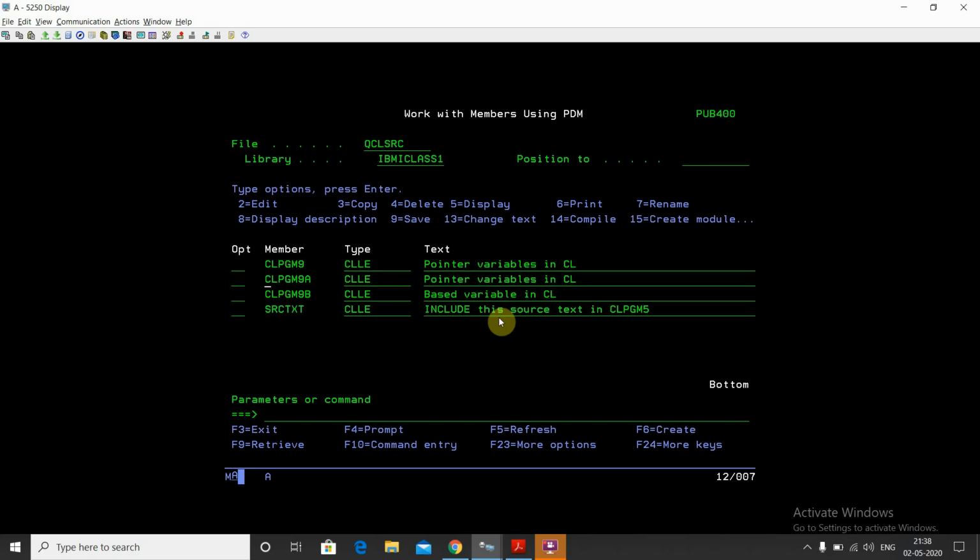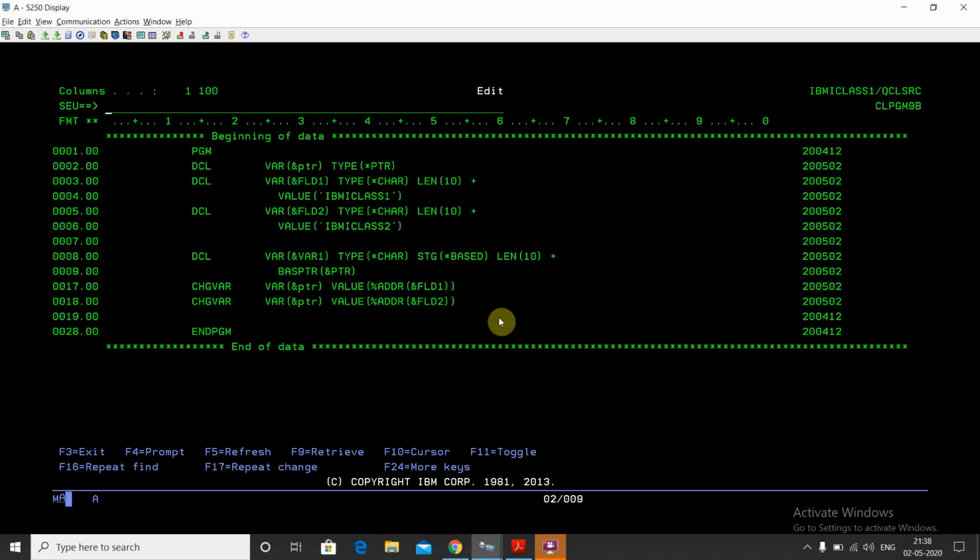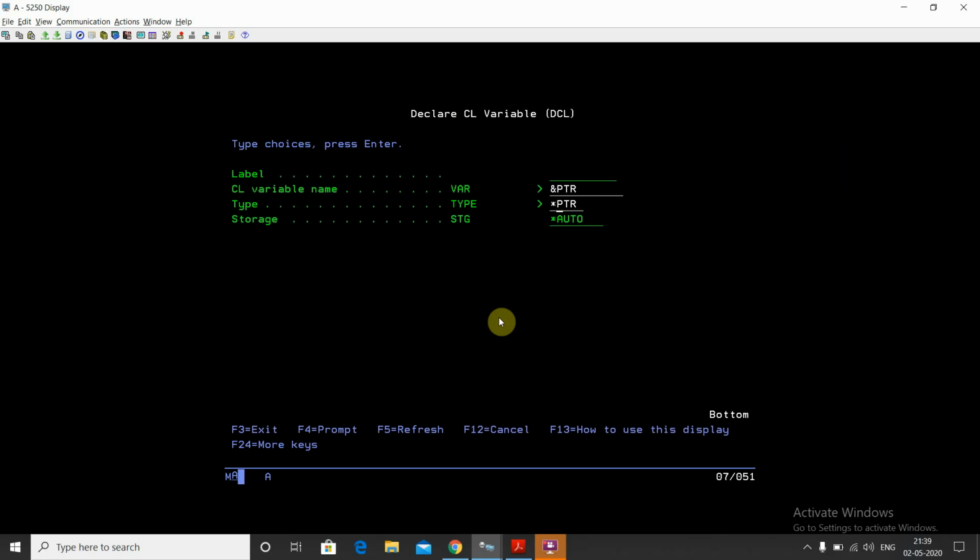So let's take this example as a demo. Here I have written a very basic program for telling you the understanding of base variables. So here comes the pointer variable. Take F4 here. This is a variable PTR of type pointer.